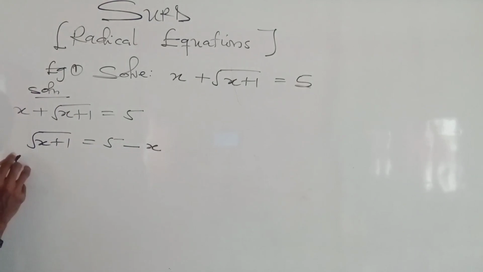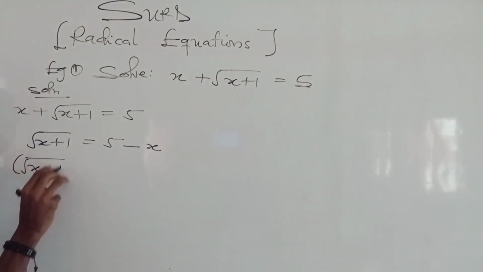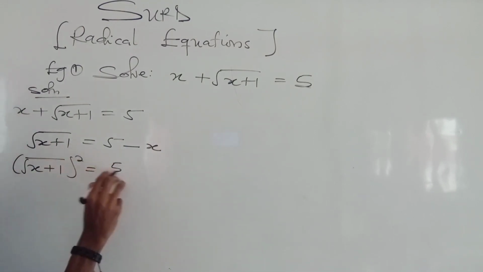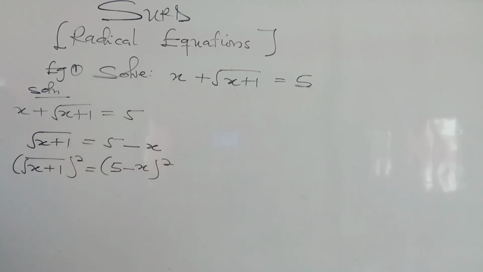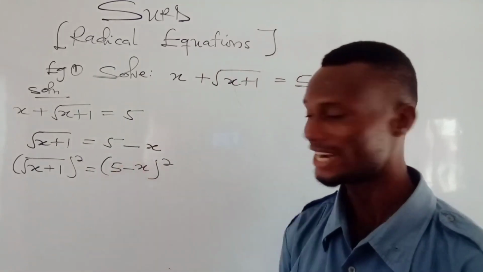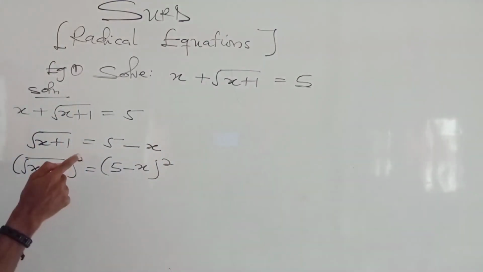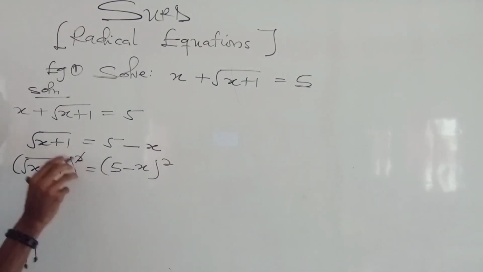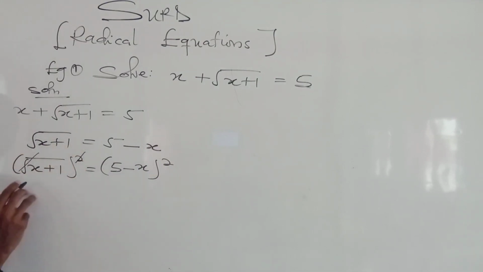So the next step is that I'm going to square my square root of s plus 1, equals to my 5 minus s. I'm going to square it as well. I hope you understand up to this point. So now let's simplify further. We know that this power 2 here can cancel the square root sign away. So this power 2 cancels this square root sign away. So I have my